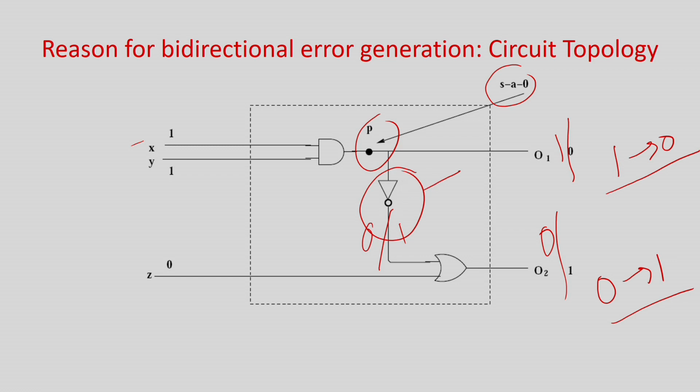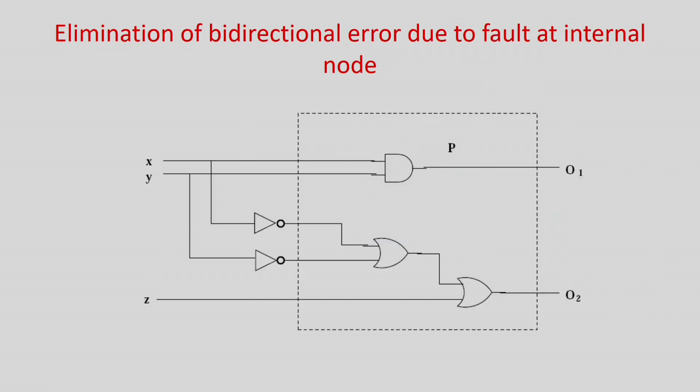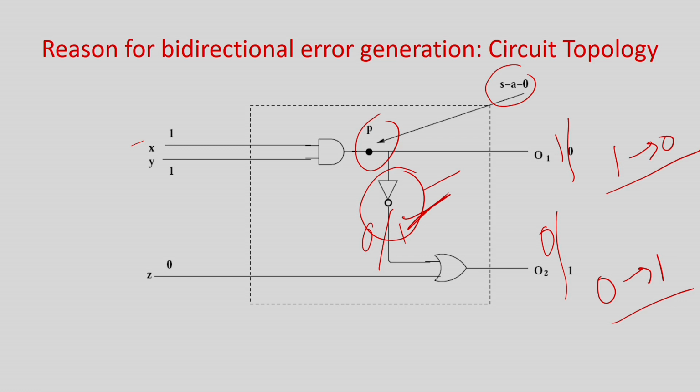If you just remember this circuit, this is what the circuit is. You will be able to appreciate that this inverter is mainly creating the problem, and that is why there is a bit flip. Now what people have tried to do is not put any inverters in this circuit. That is called an inverter free design, because from one direction 0 to 1, the other line 1 to 0, obviously because of inversions in this circuit.